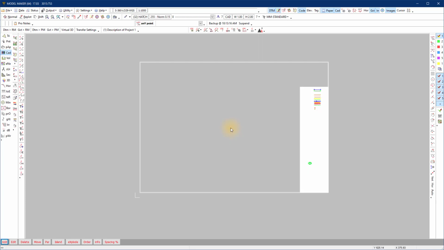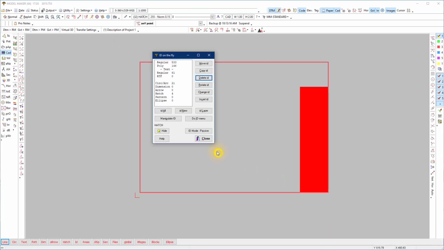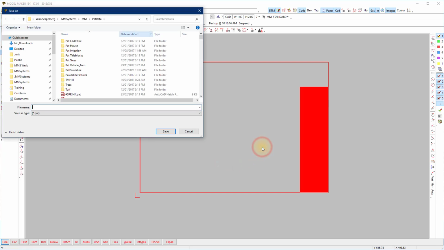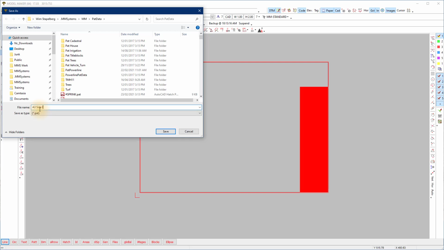All the saving steps of the previous steps are the same. Save the file with the different name A3 side invert.